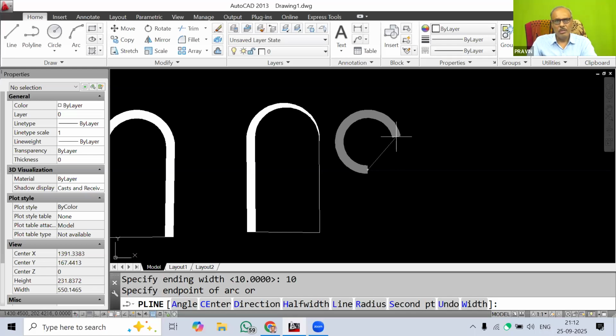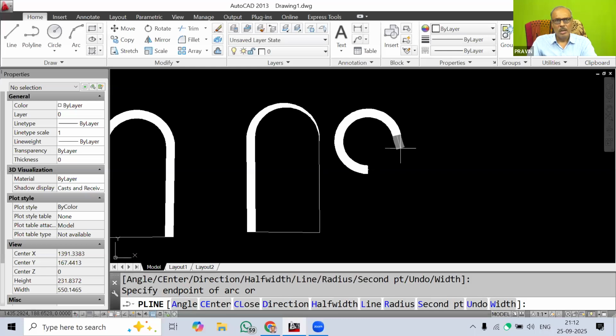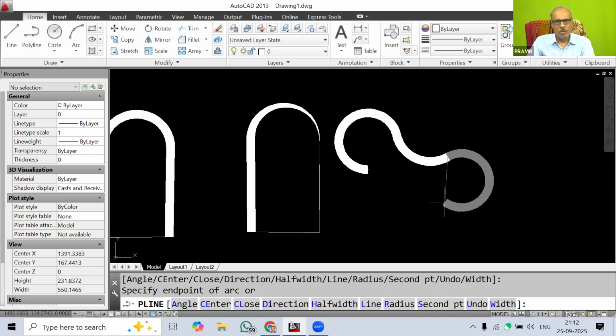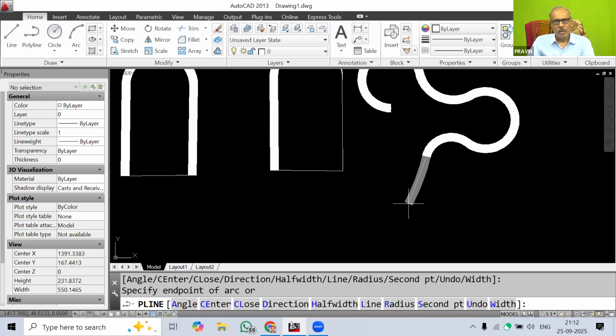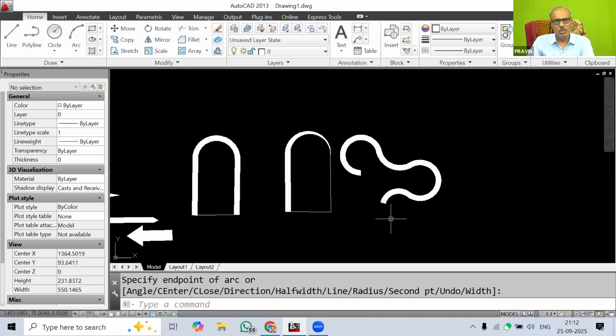In this way I will just click here. Then again I can make it in this way. You can also draw this type of object. Whatever dimension you have taken, you should be clever enough to use this type of option. So this is the arc option with the line thickness. You can make it using this arc and polyline command. So you see that this is one object only.